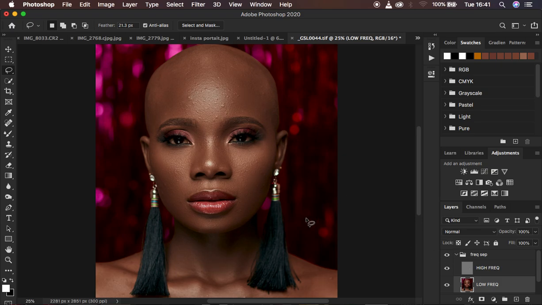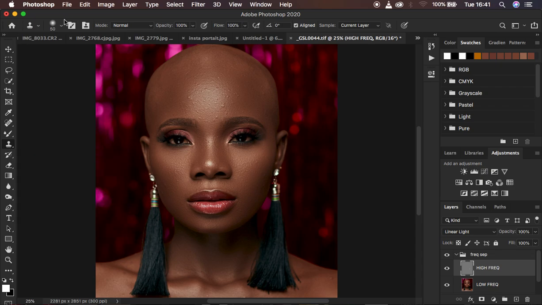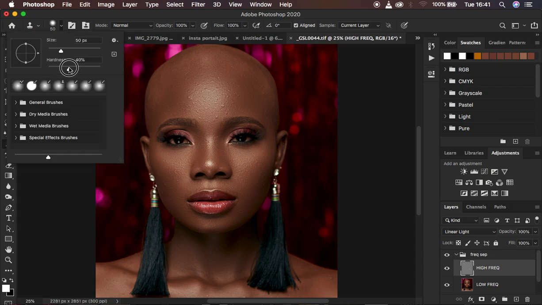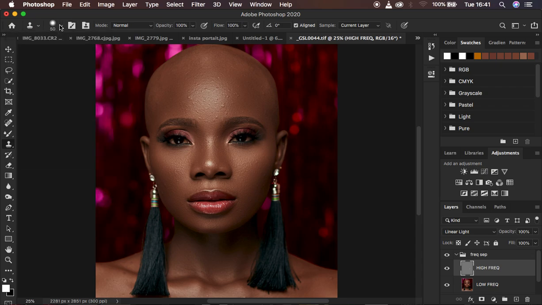So after retouching the image, the next thing is going to be cleaning up or removing the blemishes from the image. And in order to do that, just come to a layer that is containing the blemishes in this image and select the clone stamp tool. And for the settings, I prefer to use a hardness of around 39 or 40. Make sure the mode is normal, opacity and flow at 100%. Make sure the sample is on the current layer because we only want to work on the current layer